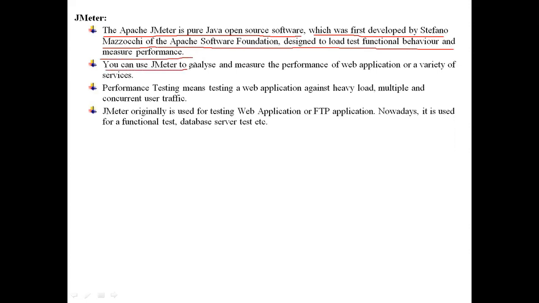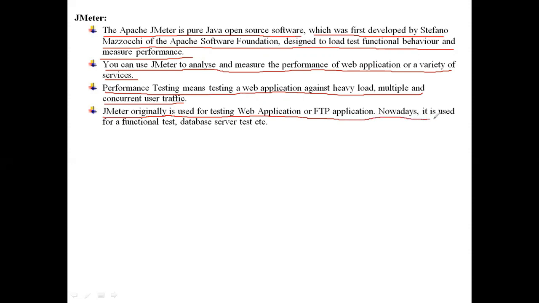So you can use JMeter to analyze and measure the performance of web applications or a variety of services. Performance testing means testing a web application against heavy load, so multiple and concurrent user traffic. JMeter was originally used for testing web applications or FTP applications. Nowadays it is used for functional tests, database server tests, etc.